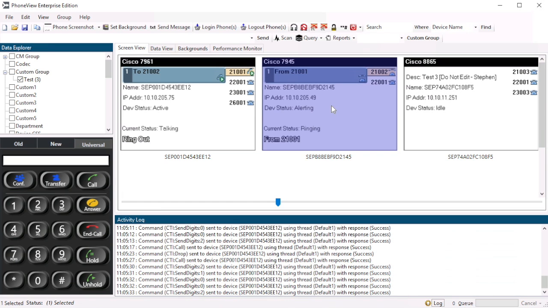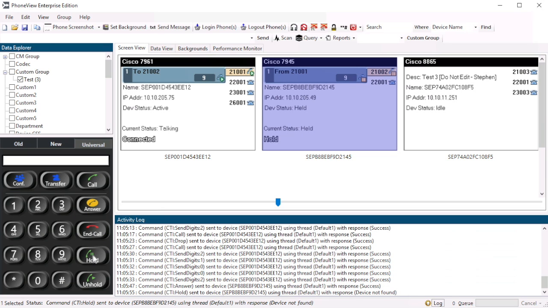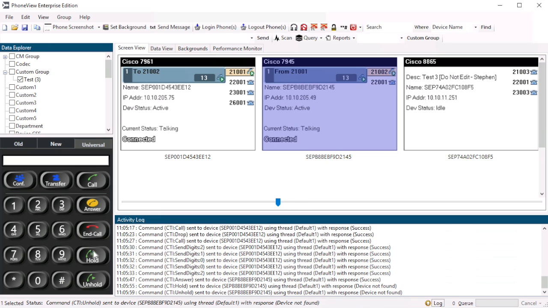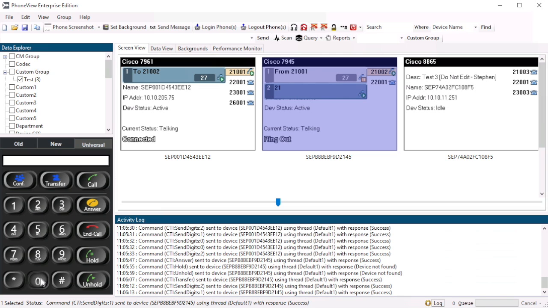I'll now answer that call, so I just click on it and then click answer, and I can now perform those same operations, and you'll see that update. So if I now click hold, you can see the icon representing it, and unhold that call, and now I can transfer. So this is effectively ad hoc transfer. So when I press the transfer button, it brings up a consult call. I can now type in the third phone's extension number,